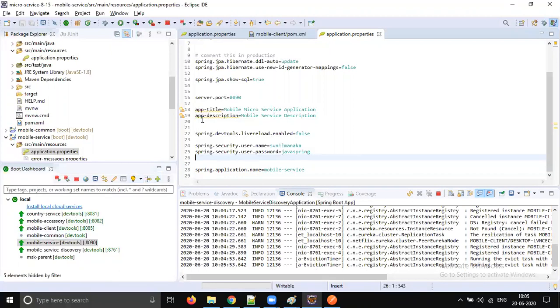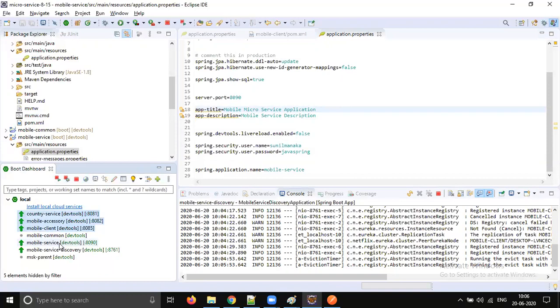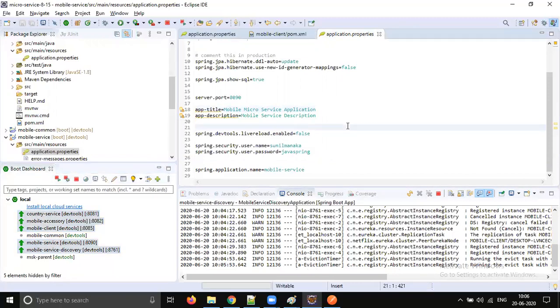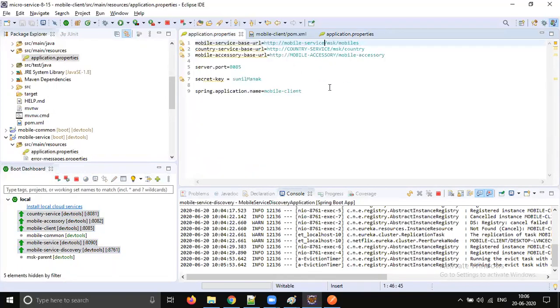Anyway, we are done with the full thing. There is a small thing missing: the DNS server change I should do. How to do that I have to check. I just want to try that out. It may work or it may not. If it is working, then it's okay. If it is not working, then I will show how we can get that instance from the service registry and process it. But overall, this is how we configure it. The benefit we get is no URL hard coded here. We go with the logical name.